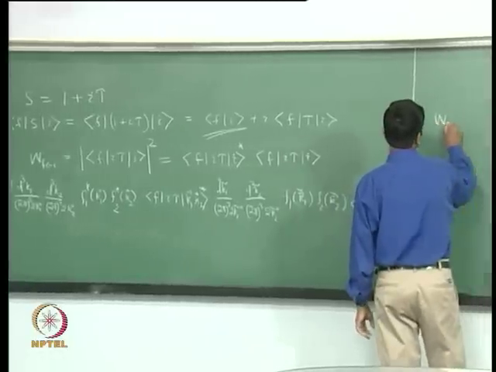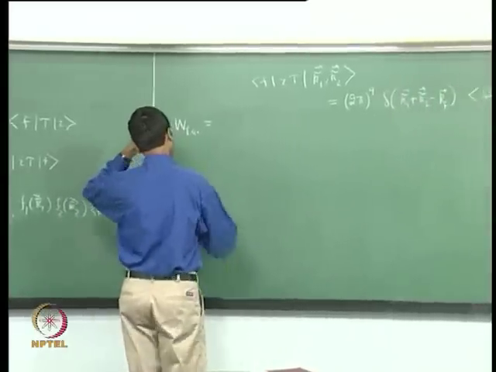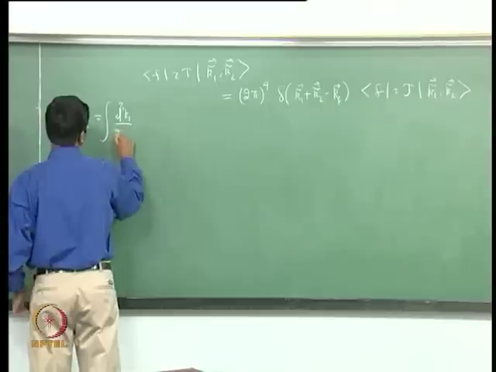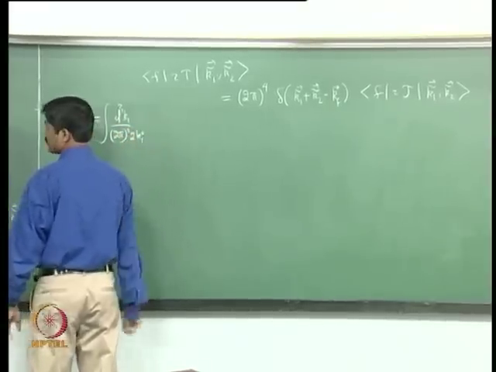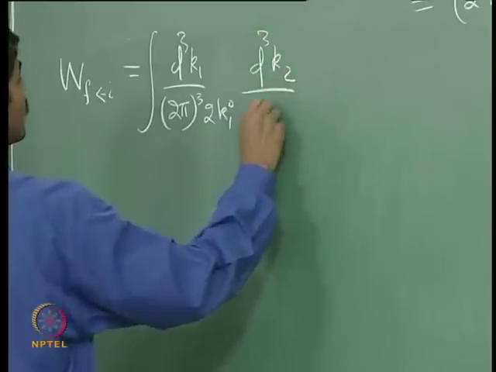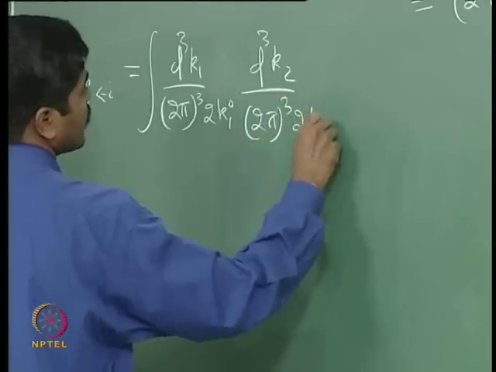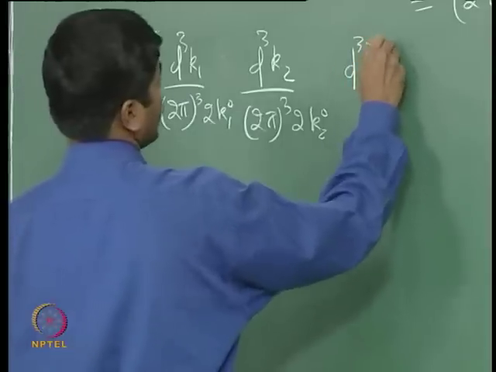With this, W_fi will become d^3k1 over (2π)^3 2k1^0, d^3k2 over (2π)^3 2k2^0, then d^3k1 tilde